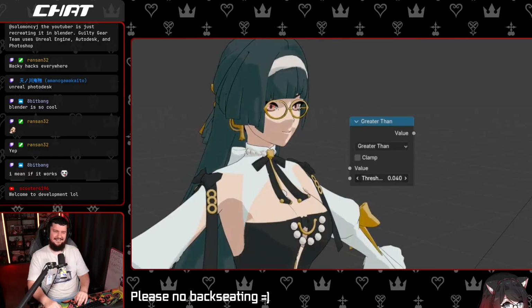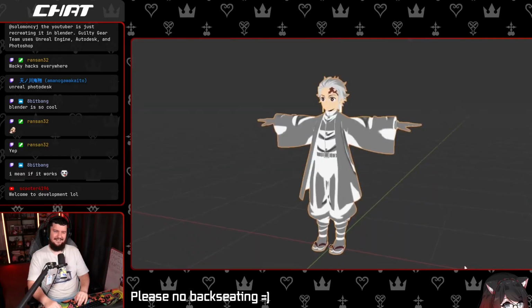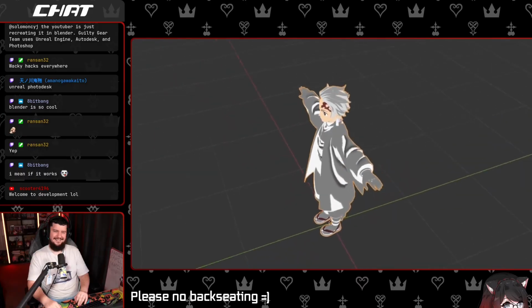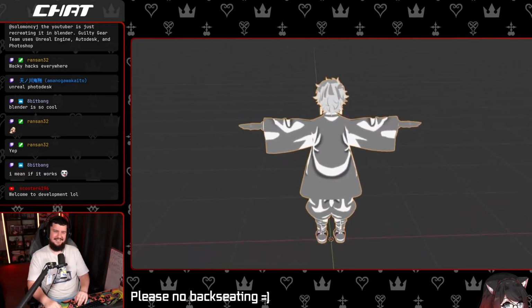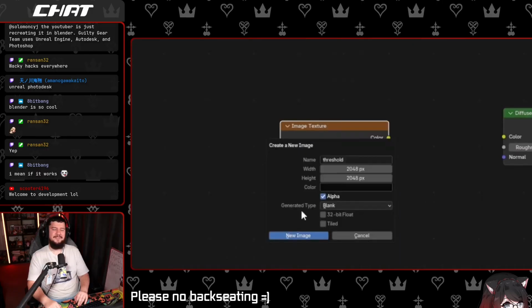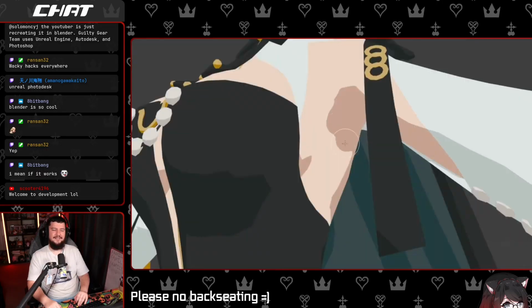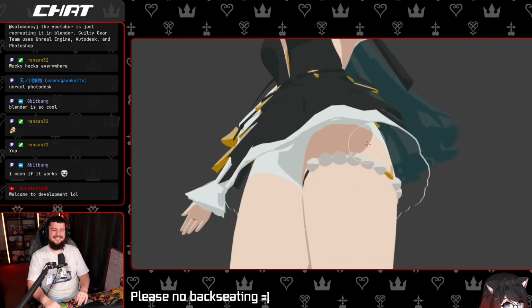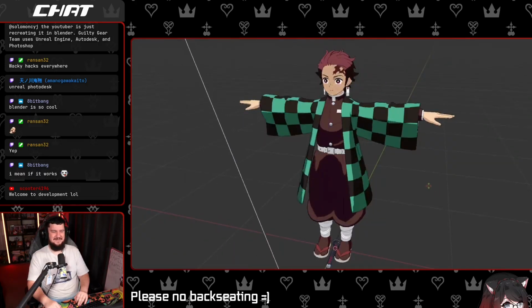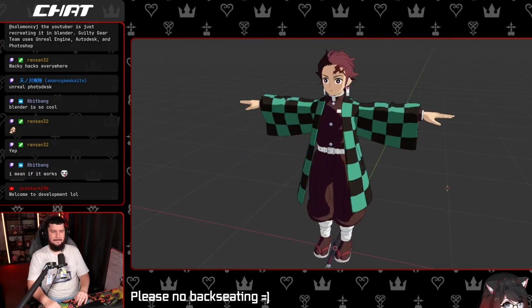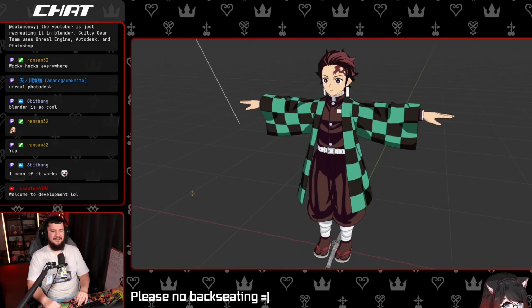But just changing this value adjusts it for the whole model. Using a texture, we can adjust the threshold for all parts of the model individually, which means we can set a default threshold value and then use the threshold texture to make some parts always be in shadow. For the Demon Slayer models, this turns the shading on the characters from this to this. Guilty Gear, on the other hand, actually doesn't use